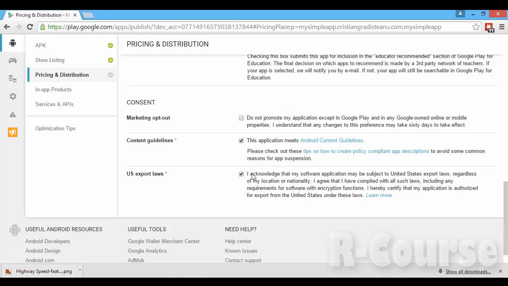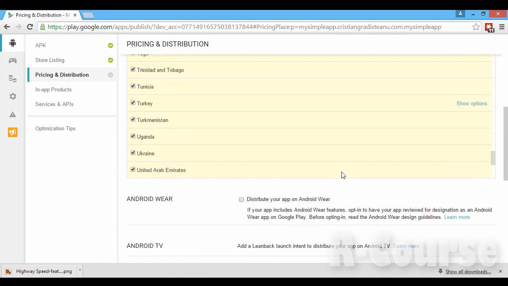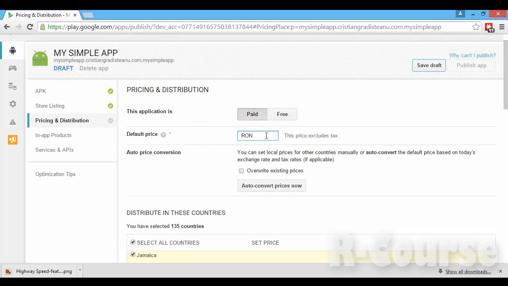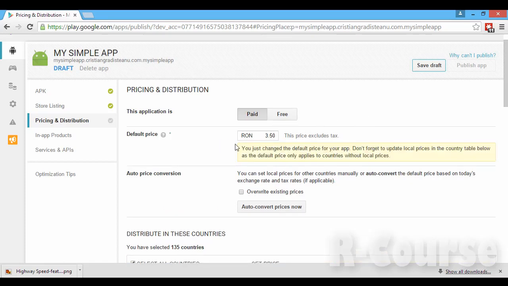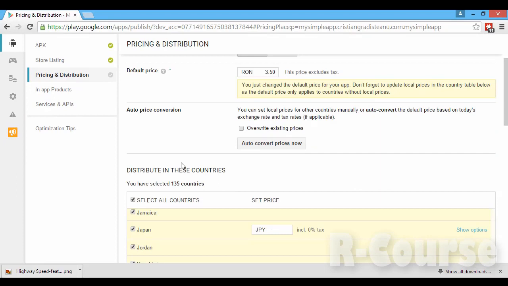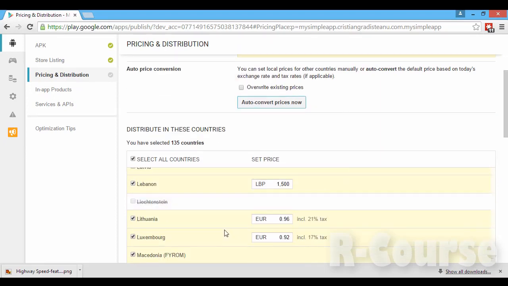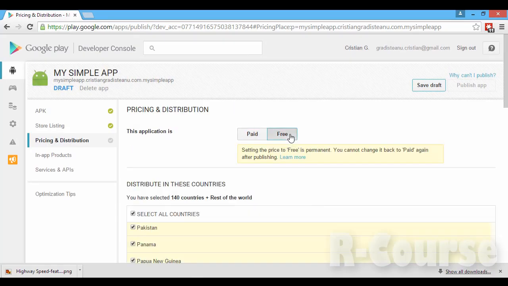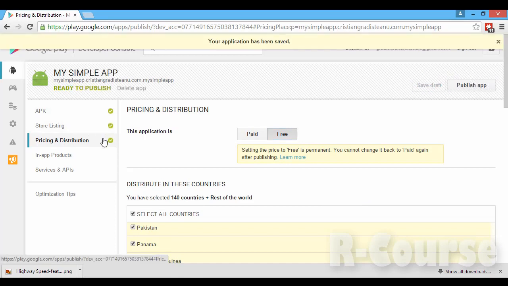If you decide to publish the app as paid instead of free, you need to have a merchant account with Google. Then you get to choose the default price for it, expressed in your local currency. Then you can auto-convert the price to other currencies. And finally, by clicking the Save Draft button, the gray checkmark will also turn green, meaning that you've completed